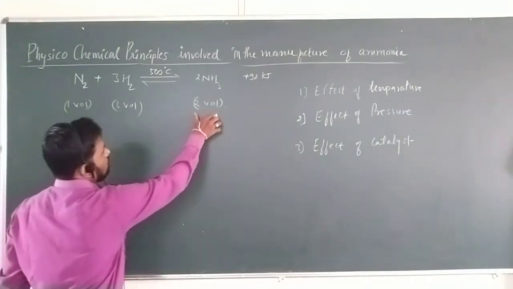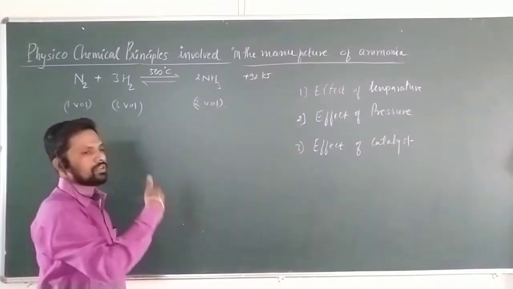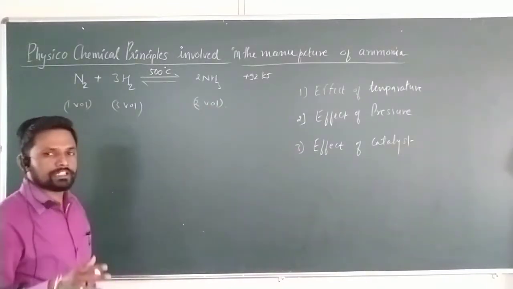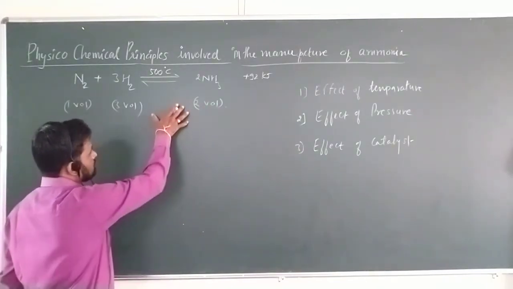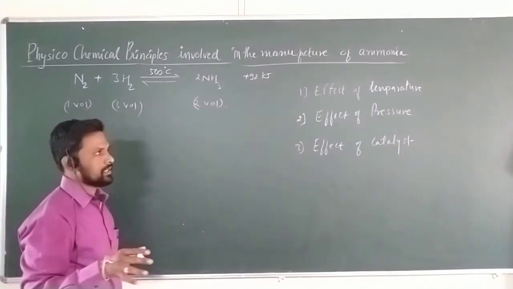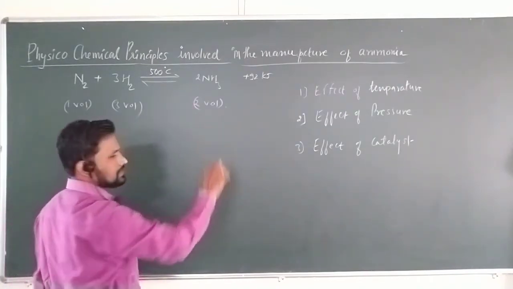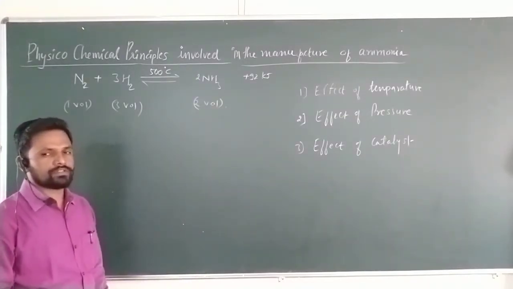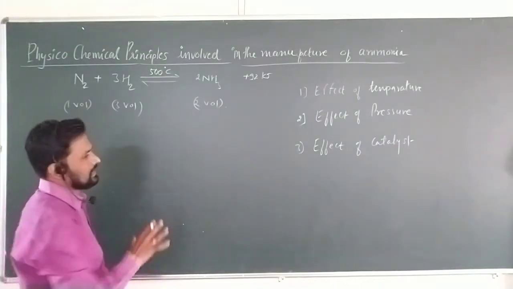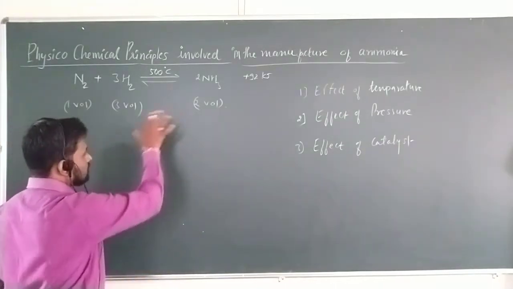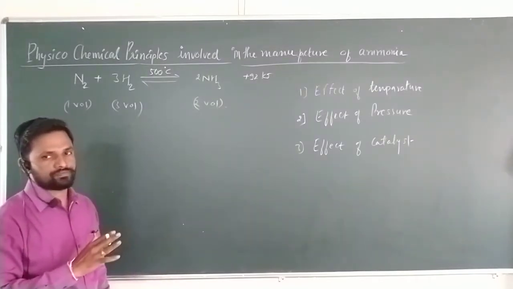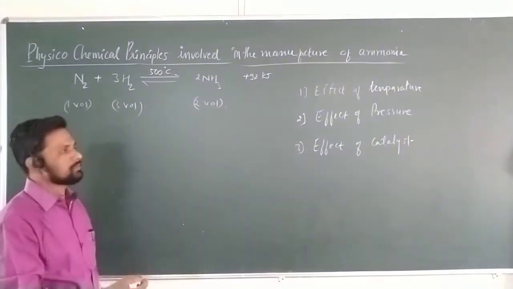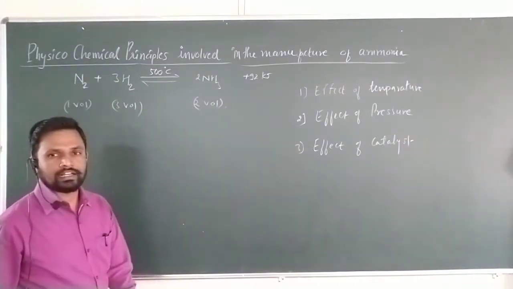Whenever you want an increase in the formation of ammonia, that can be done with a certain temperature and a certain pressure, because we have to keep the temperature at an optimum. For the forward reaction, which is exothermic, if you increase the temperature too much, it becomes very difficult. Therefore, we have to keep an optimum temperature, but with the optimum temperature we can increase the pressure, so that the forward reaction is exothermic and the backward reaction is endothermic.